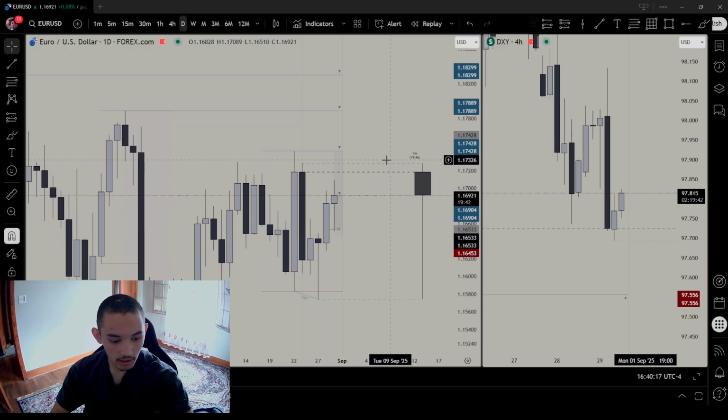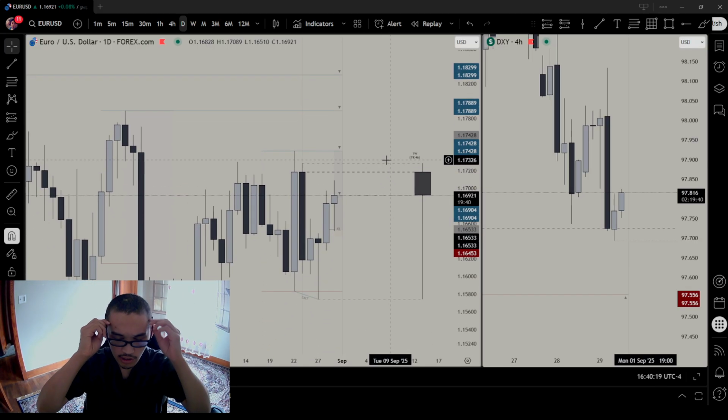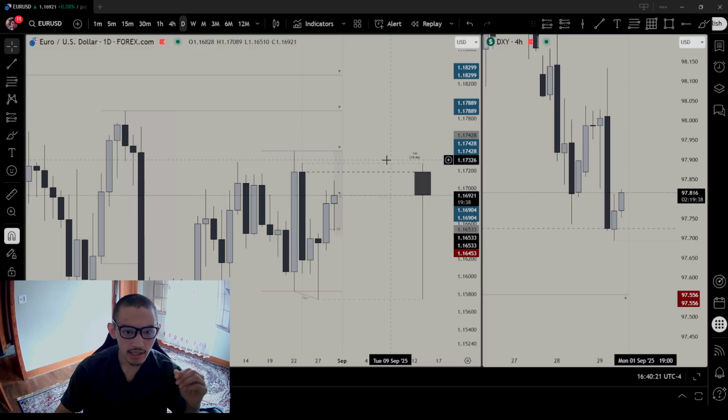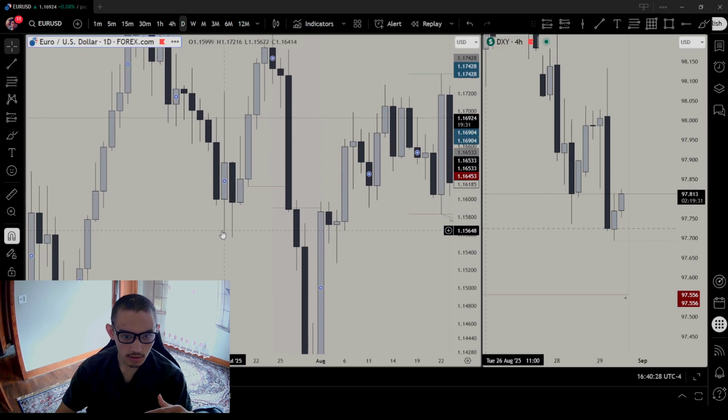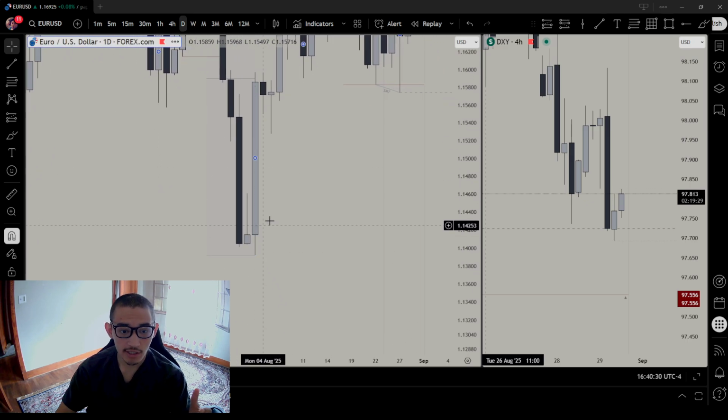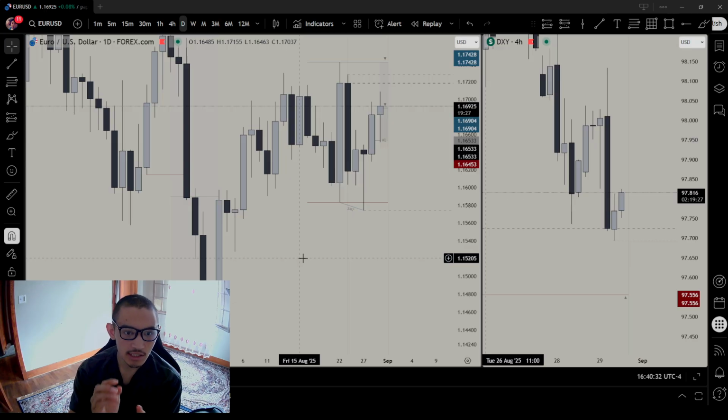Distribution? No, they're reversals, right? They're reversals. Yeah, they like to reverse a lot. You can see back in time, right over here: Thursday, reversal. Friday, reversal. So whenever there is Thursday and Friday, it's the same thing as the monthly candle.